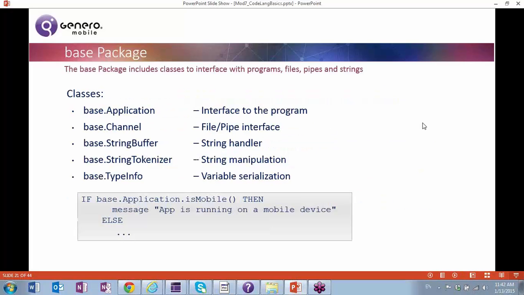So a quick look at the base package. The base package we mentioned in the previous page includes classes that we use to interface with programs, files, pipes, strings. I don't think I mentioned strings, but you can see there's classes here that just have to do with string handling and string manipulation, like parsing a file, for example, and finding all the pieces of string in that file and possibly putting them together into another string, or creating a string from pieces from a file. But we've got this base.application class that provides an interface to the program, the channel class